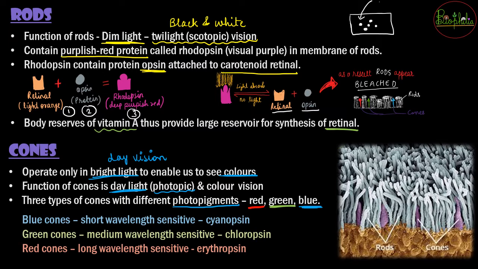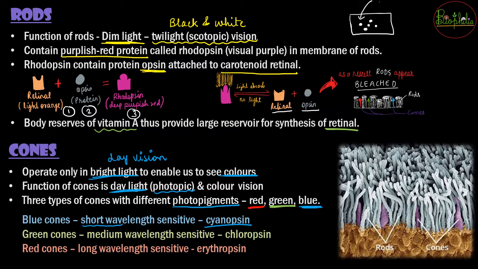So blue cones have a blue pigment called cyanopsin. The word cyano is related to blue. Blue-green algae are called cyanobacteria. Like that, these blue-colored cones having the pigment cyanopsin are going to sense the short wavelength lights,